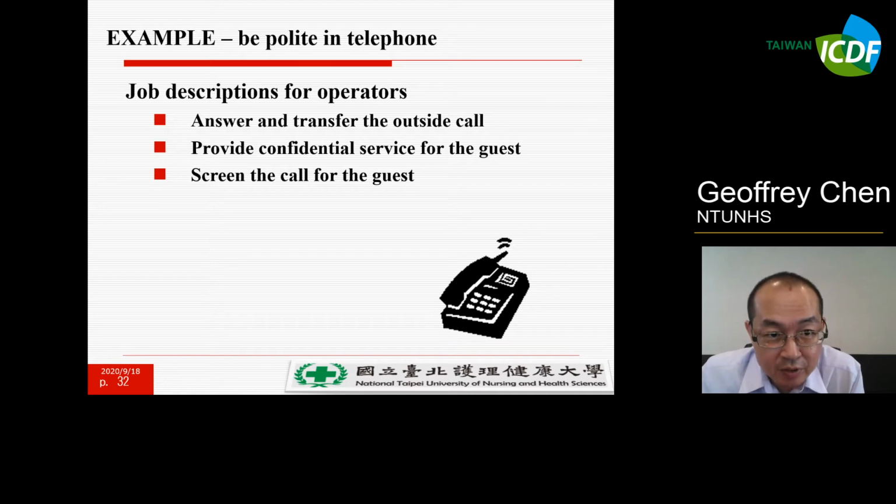Prepare confident service for all calls, not only those from outside but also inside. Better yet, screen the call and make sure you keep a record. Just make sure you have copies of the interaction information for the guests. That will be better.